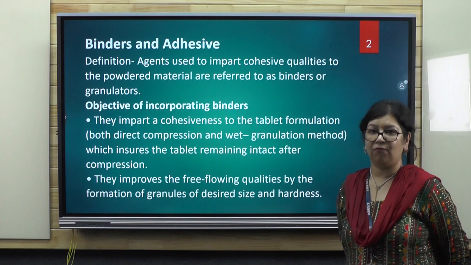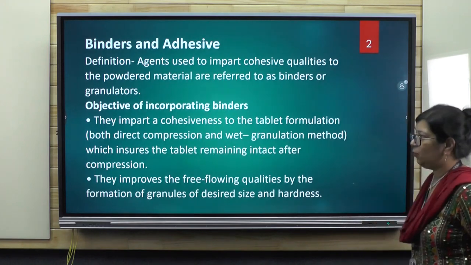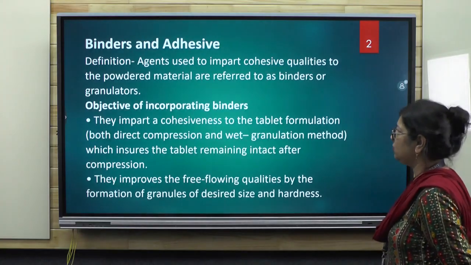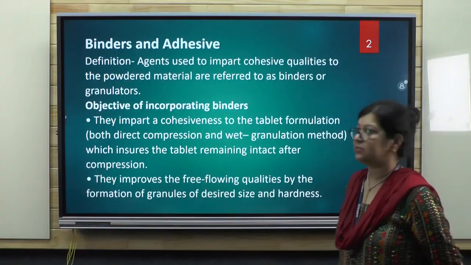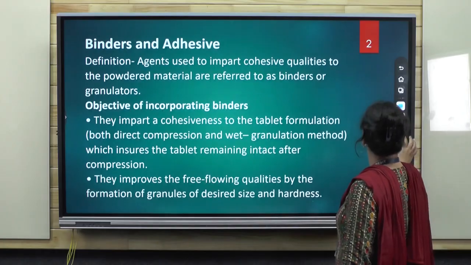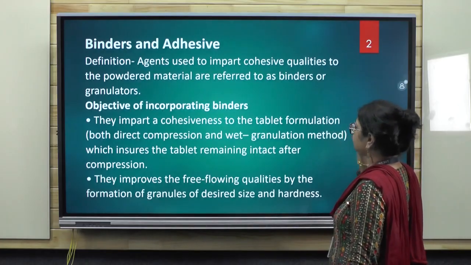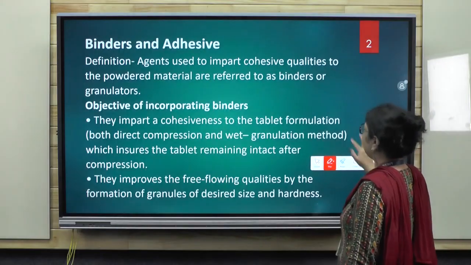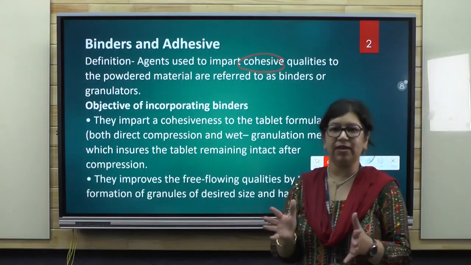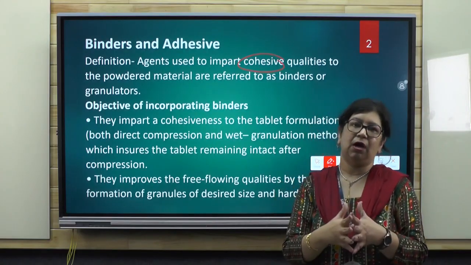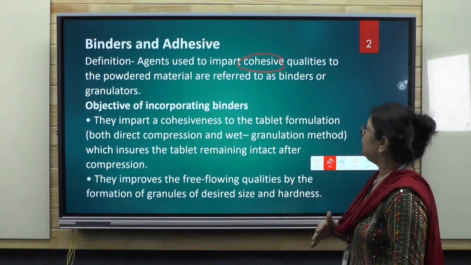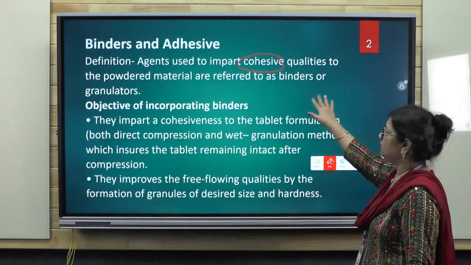So, what is the definition of binder? Agents which are used to impart cohesive qualities to the powdered material are referred to as binders or granulators. What do you mean by cohesiveness? Cohesiveness means all the materials, including the drug material and the excipients, become cohesive and have a tendency to come together and form agglomerates, or they will bind together, and so they are referred to as binders